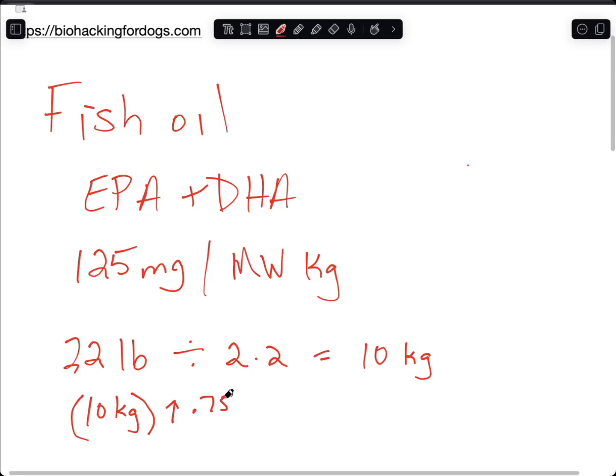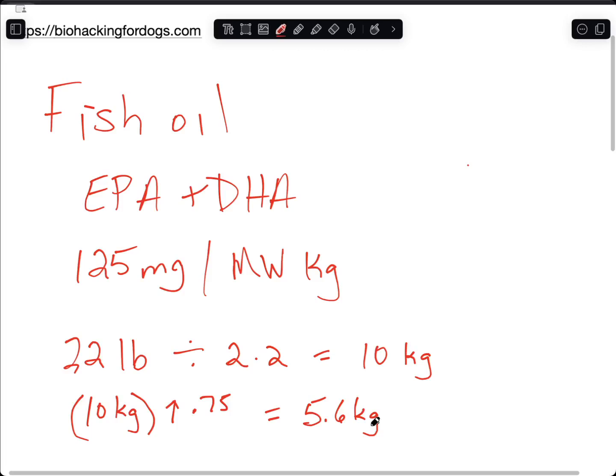You just end up having to use a calculator that you can do exponents. And so you take that and it ends up being 5.6 kilograms, and that is the metabolic weight of your dog. So that's the calculation to figure out the metabolic weight for your dog. You use this metabolic weight for a lot of different things, like for calories for food and for proper dosing of certain supplements